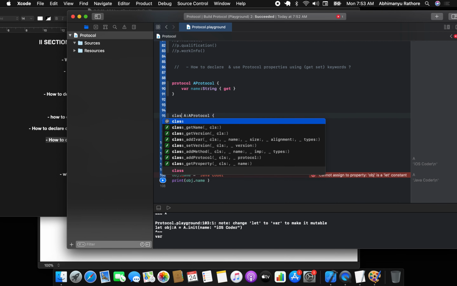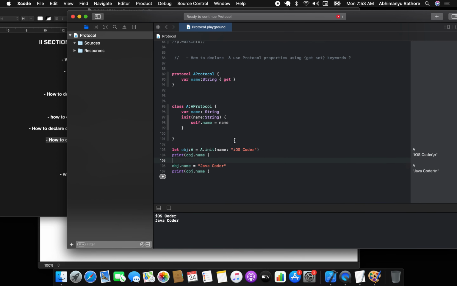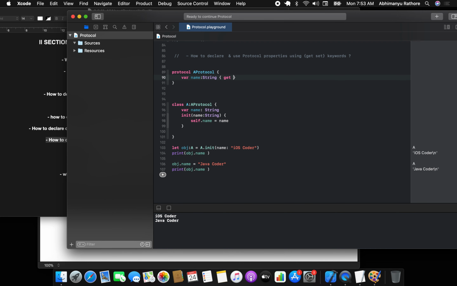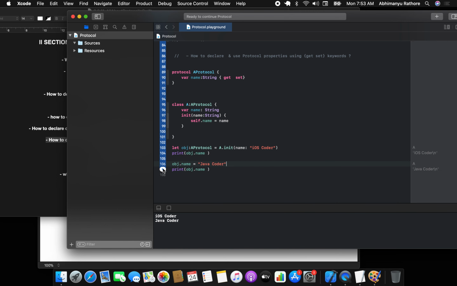So like that, you can just be clear on your concepts. Now this is a get property, and if you want to set the property, then you can just make it set, and you can use a protocol here. And then once you do the Java code with the protocol, it will be able to change also,